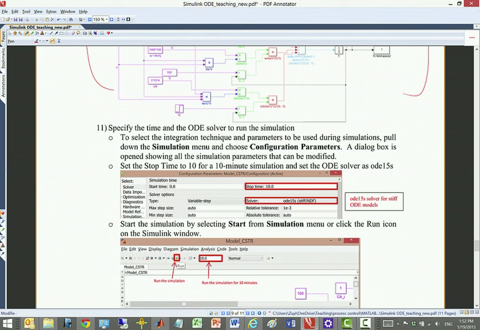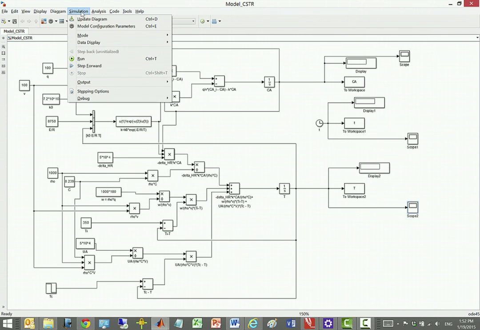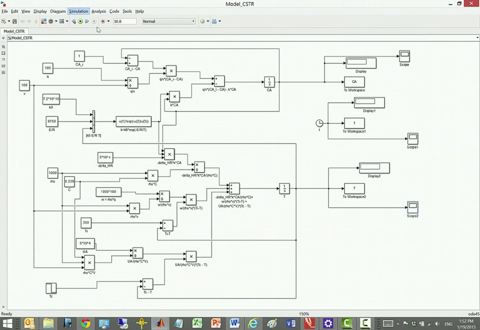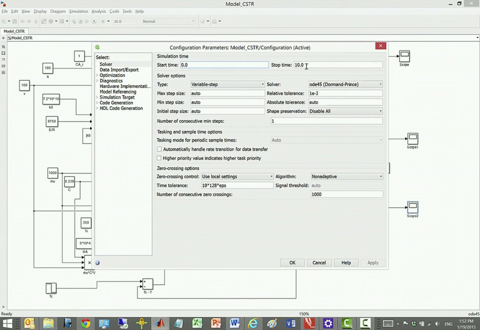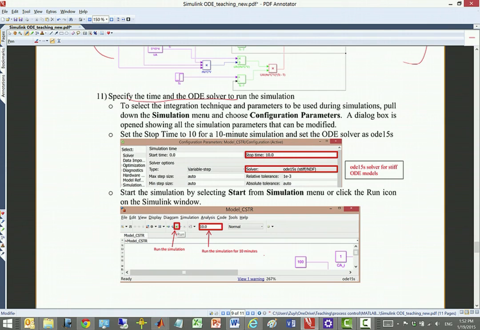Before that, we need to specify the time for the simulation and also the ODE solver. To do that, you go to the simulation here, and then you go into the model configuration parameters, right? And then the time here, we do the simulation for 10 minutes, so this is 10, right? Simulation time 10 minutes, and at the same time we change the ODE solver to